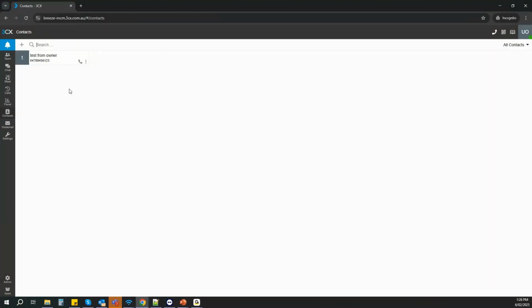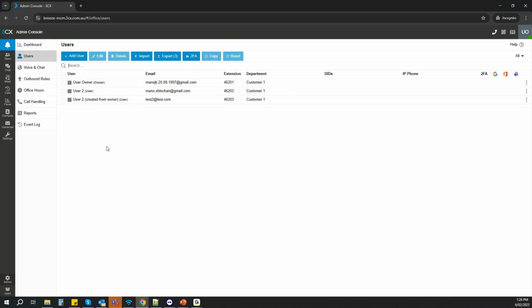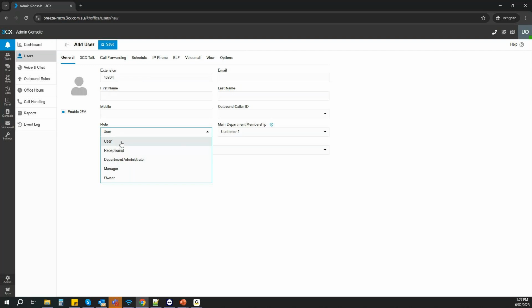So this is a department owner, and from the dashboard you can see they have only limited access, but they have access over the department. As a department owner, I'm able to add a user, delete a user, or create new users. I can assign them as owner of that same department or receptionist. So let's say owner two,